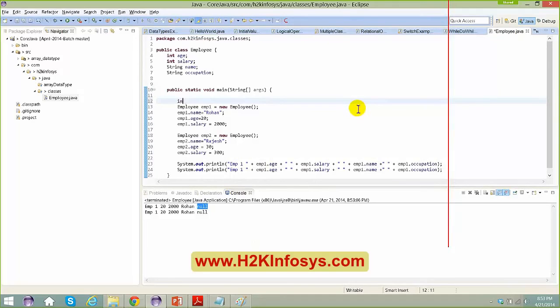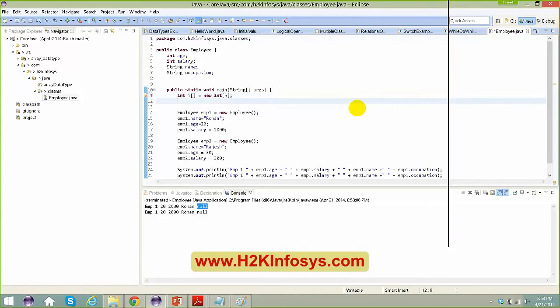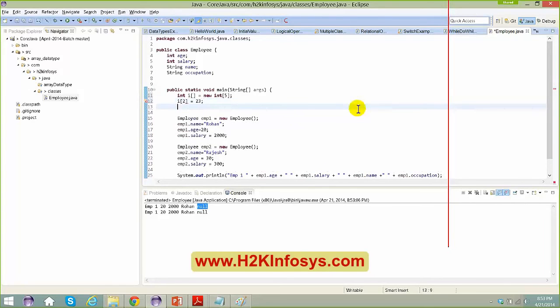If you say something like int i equals 0, or let's say when we spoke about integer arrays, if I say int i array equals new int of 5, and even if you want to initialize some value, I can say i of 2 equals, let's say, 23. Then if you say System.out.println of i of 2,